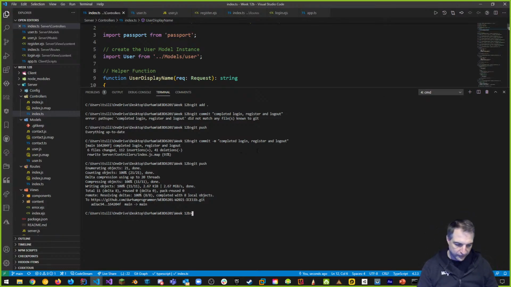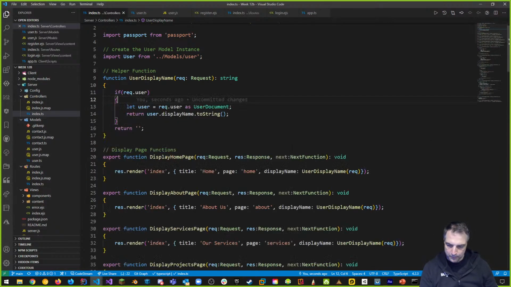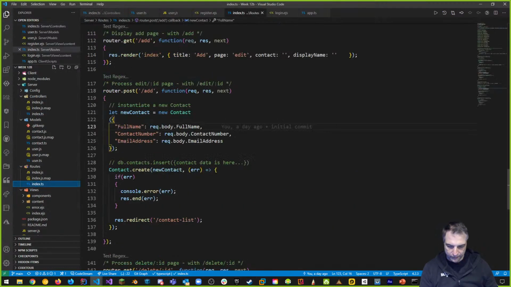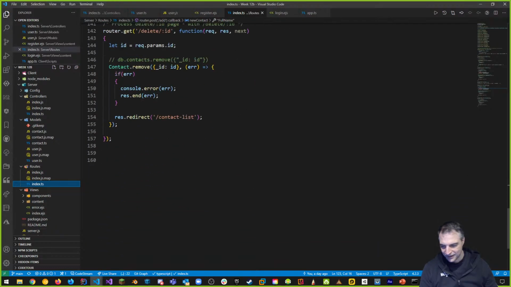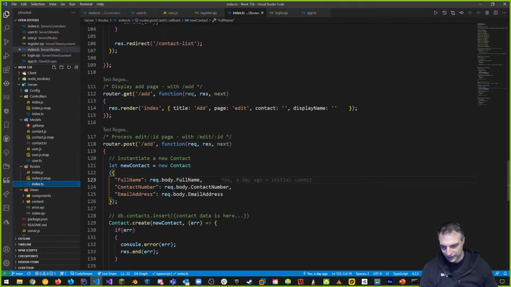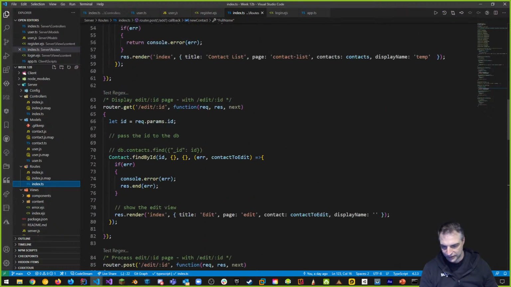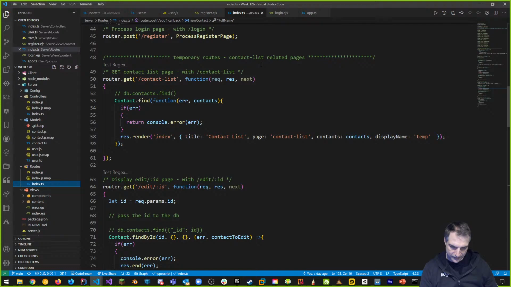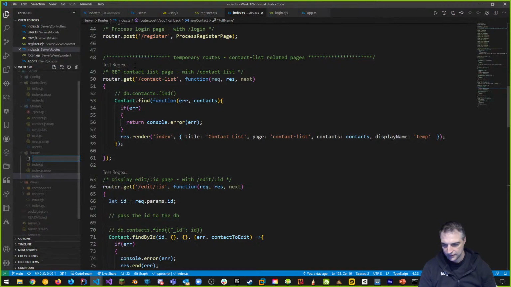Okay, but we have a little bit of another problem. And no, by the way, no errors anymore. We have another problem, and the other problem is that inside of our routes, we have this in our index route. We have all this logic. We have temporary logic in here because of our contact list. We want to separate this contact list into its own router. And we also want to separate this contact list into its own controller, but we're going to do it in 2 steps. So again, inside routes, I'm going to make a new file, and I'm going to call this